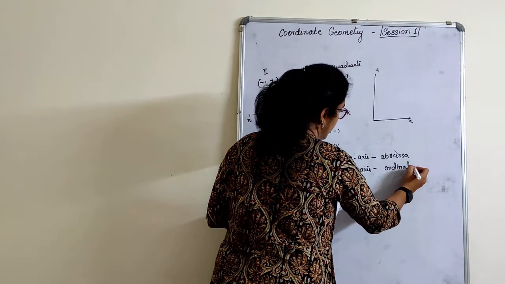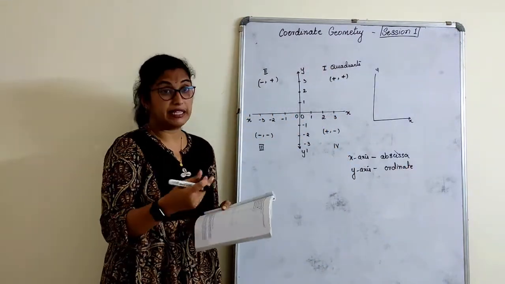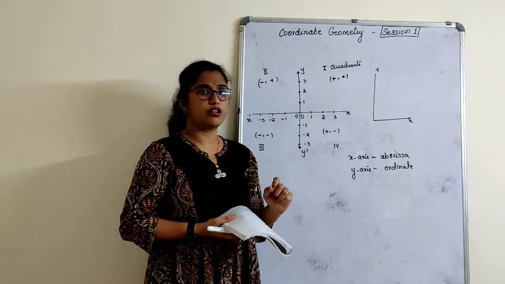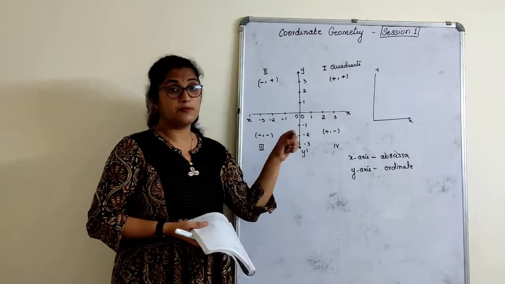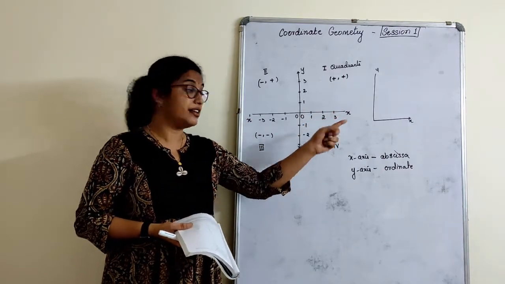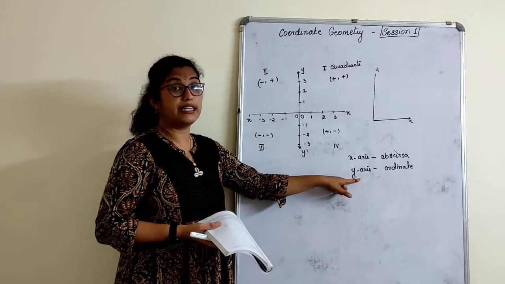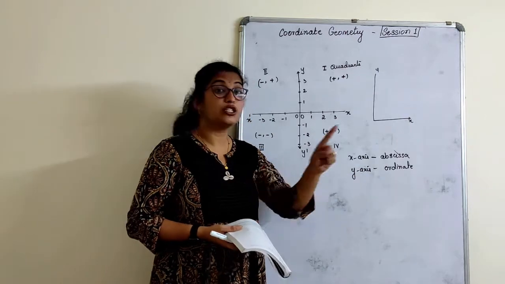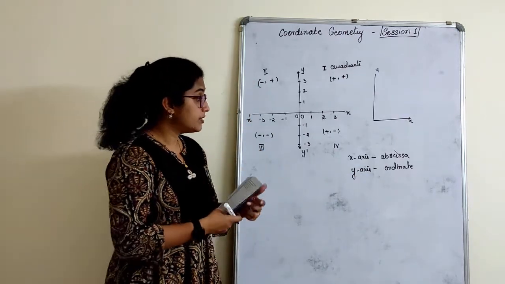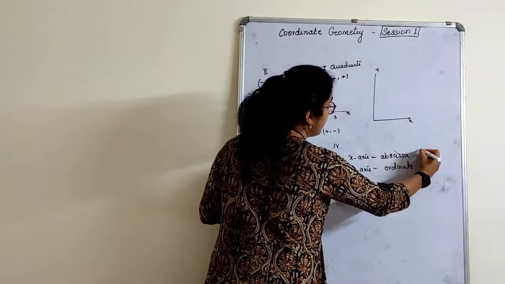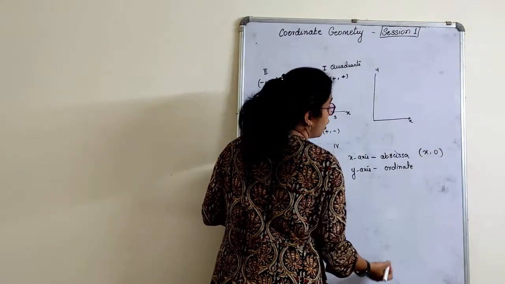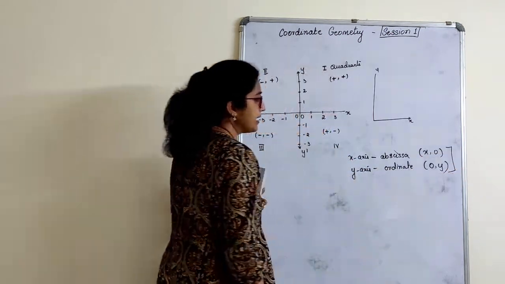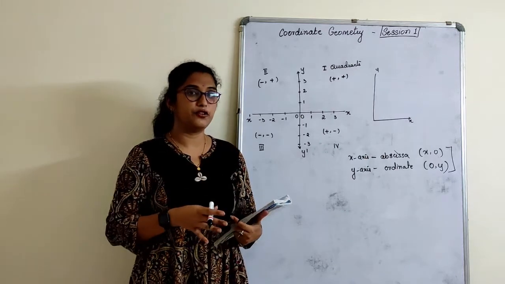Now this point only what I told you, I'll give you in the simple form what is being given there, quite confusing. So the x-axis point is also called an abscissa point. Y-axis point is also called ordinate. Coordinate is different: x coordinate, y coordinate. The x coordinate we call abscissa, the y coordinate we call ordinate. Okay, and any point on x-axis, if you have, it is read as x, 0, or any point on y-axis, you read that as 0, y. These two are very important. You can just make a note anywhere if you want.